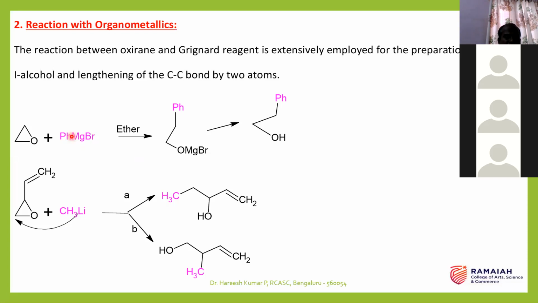Phenyl magnesium bromide is one Grignard reagent. Methyl lithium is another. Of course, dimethyl lithium cuprate is also another organometallic compound. So that means the use of organometallic compounds in organic synthesis. Here also